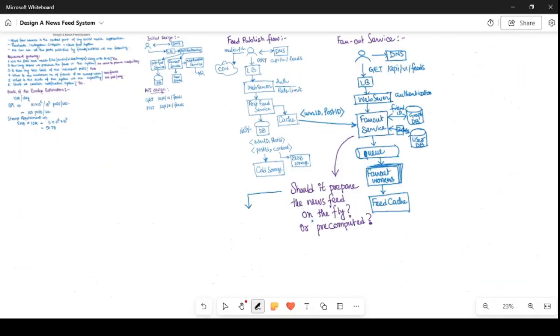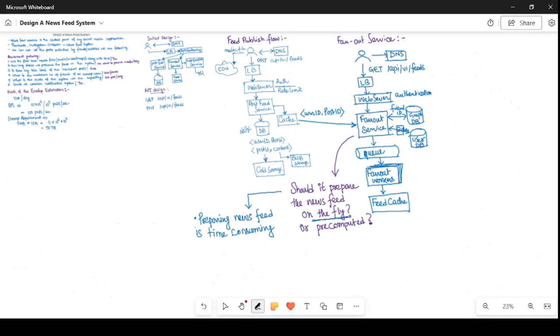If we perform the computation on the fly and prepare the news feed for a user as and when they are hitting our GET API, it can take a considerable amount of time to prepare the news feed, because the entire process of fetching friend IDs, recent posts from all the friends and collating them together to display on the user screen will take considerable time.